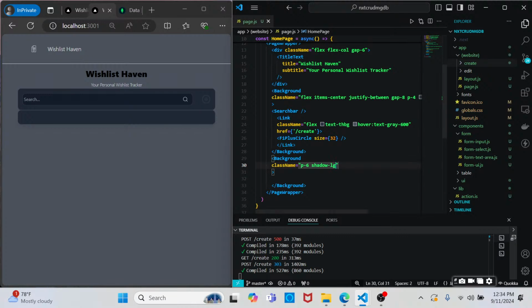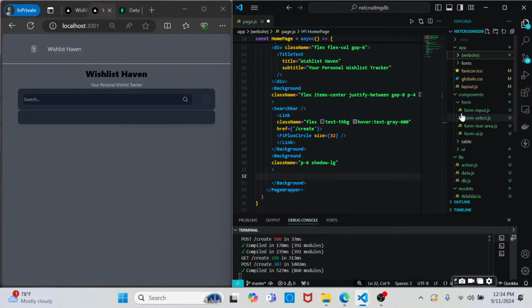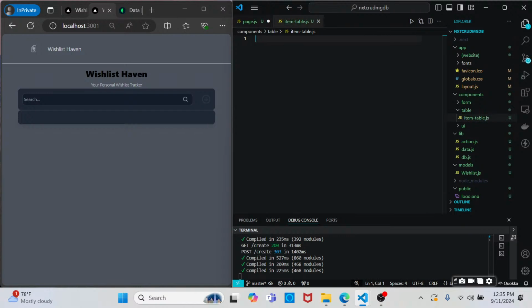And within this, we want to create a table to display that information. So let's go ahead and begin to integrate it now. So in the root directory, inside of components, inside of table, let's go ahead and add a file named itemtable.js. So this itemtable.js is going to work very similar to the form UI, where we'll have the ability to,